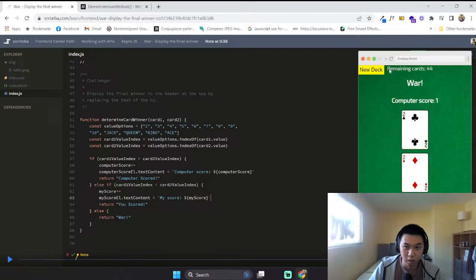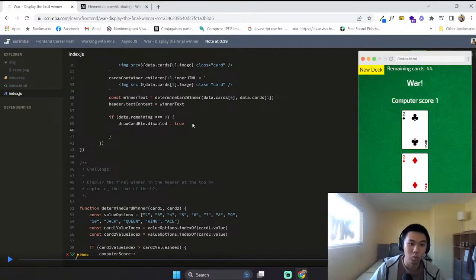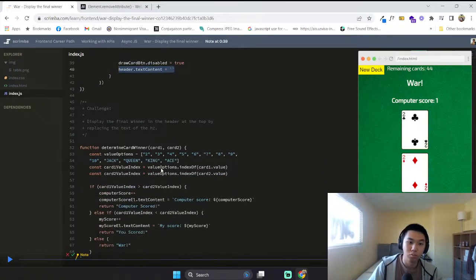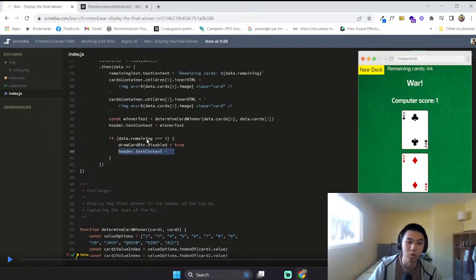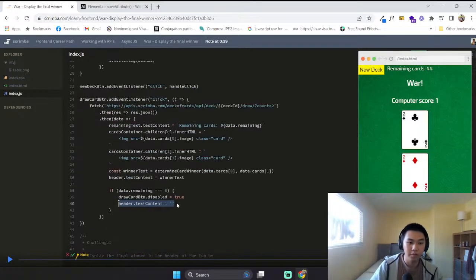Then when it counts down to 44, if data counts down to 0, remaining cards equal to 0, we want the header text content to be equal to display the final winners in the header. Oh, we want to, if